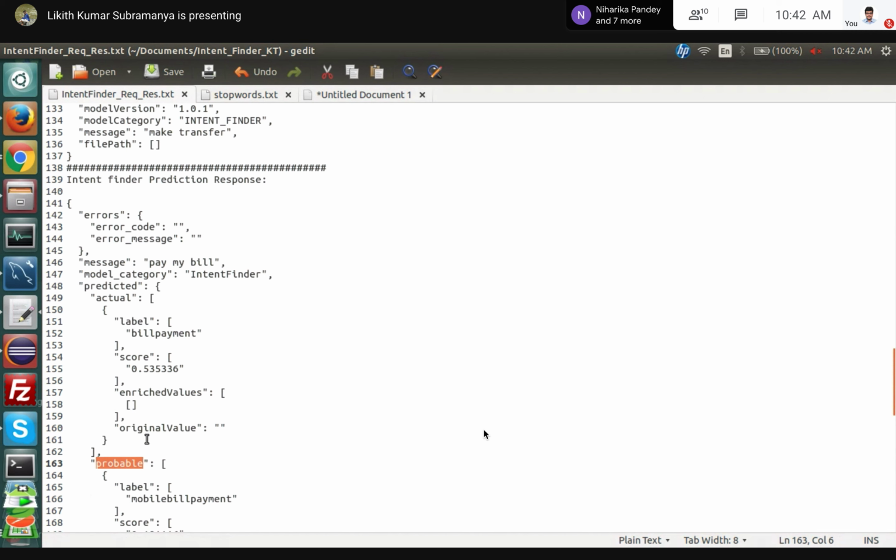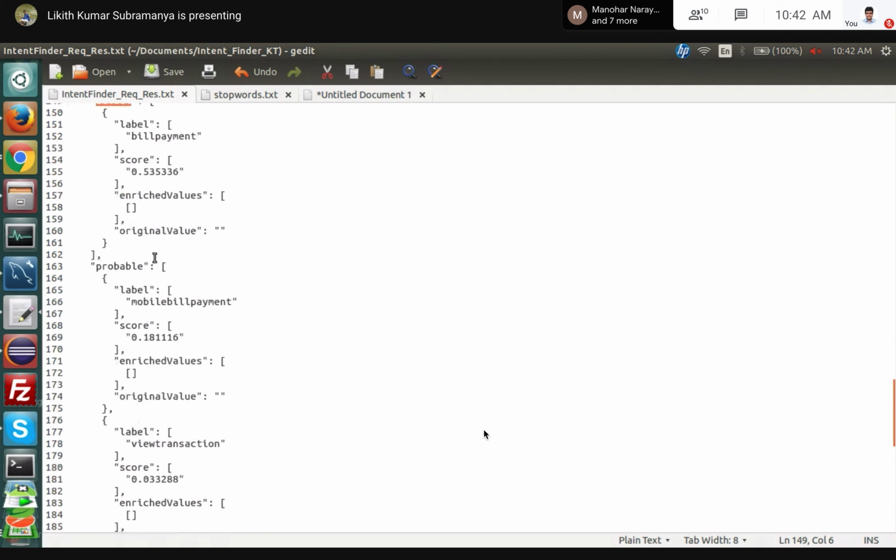If the predicted intent is more than 0.5, as you see here for the message pay my bill, there is a label called bill payment. Label means the predicted intent is bill payment, and the score of this bill payment is 0.53, which is more than 50%, so it comes into the category of actual.